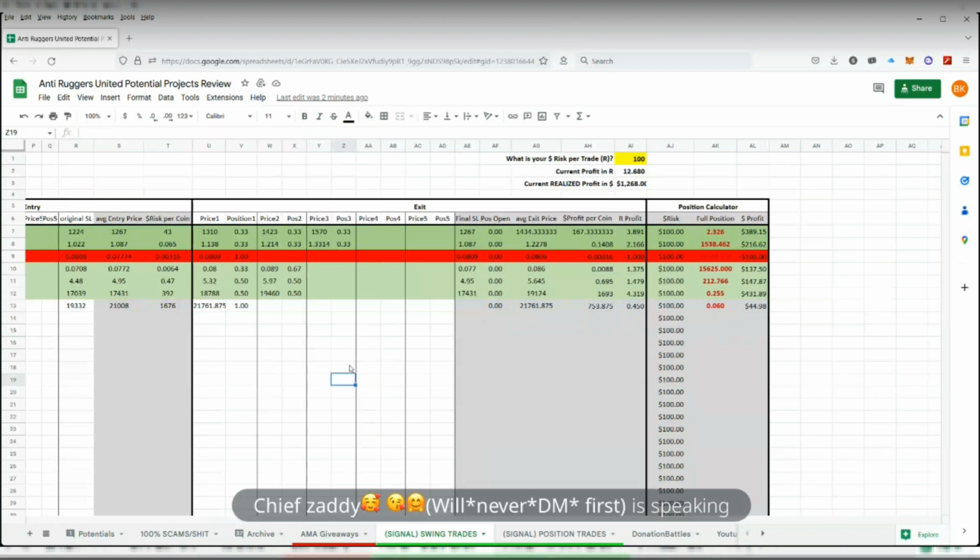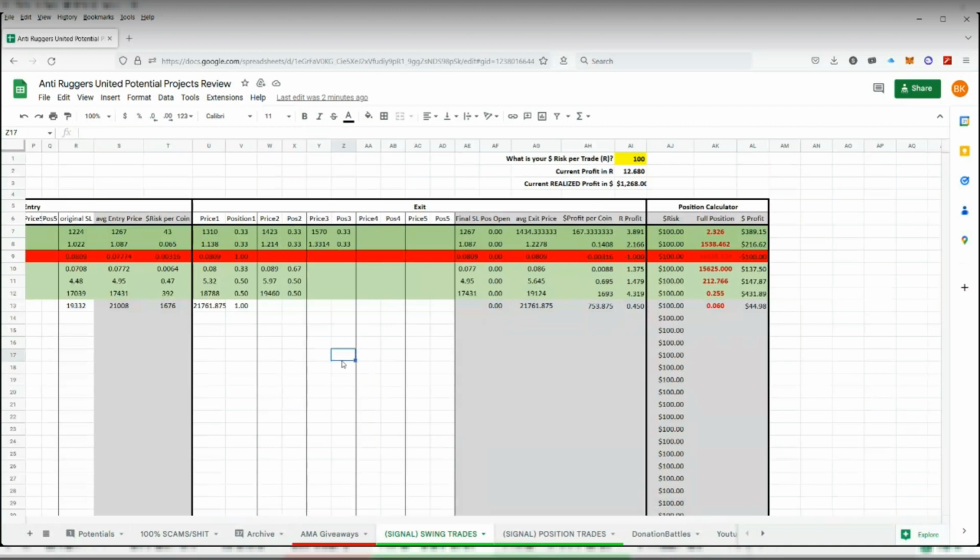Because the way KuCoin does it, you buy $1 worth of a token, and it's going to liquidate you if it drops 20%. I mean, I'm going to lose 20 cents and it's going to liquidate my trade. It's bullshit. It assumes the liquidation price is based on you spending all your funds at that leverage, and buying the maximum amount of that token. So of course, if you do that, it's going to liquidate you at a 20% drop because you're doing 5x. But if I'm only buying $1, why is there a liquidation price at all? Even if it goes to zero, I'm only going to lose $1. So KuCoin is just bad.